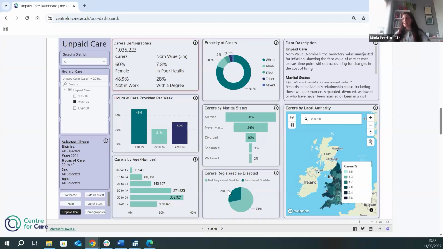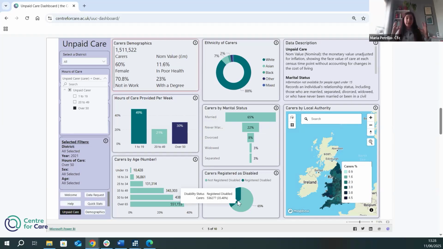It increases to 28%. What happens if we consider instead those providing more than 50 hours? It goes to 35%. There is a link between registering as disabled and the hours of care provided. Worth investigating, of course.